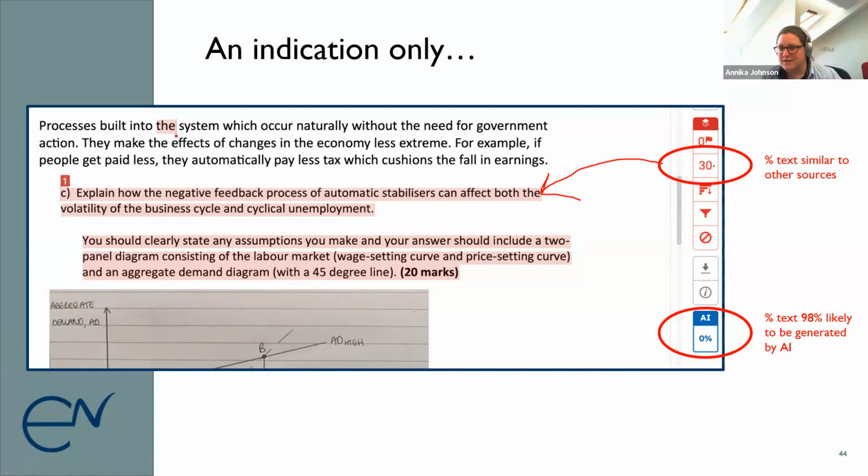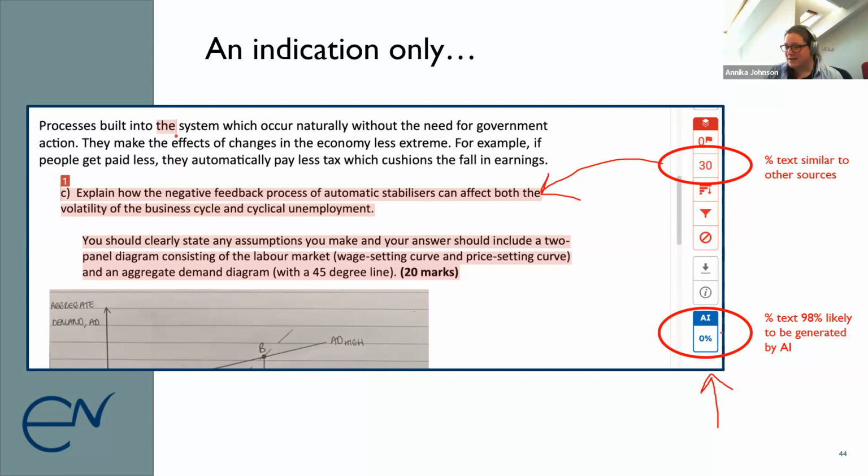If 30% was similar to another student's work, or somebody's work outside the institution, then that might be cause for concern. AI scores are relatively new. Not all institutions are trialing them. I happen to be at one that is. The AI score in this case would tell me the percentage of the text which it considers is 98% likely to have been generated by AI. My institution hasn't told me a particular threshold that they're worried about. I think institutions are still developing their